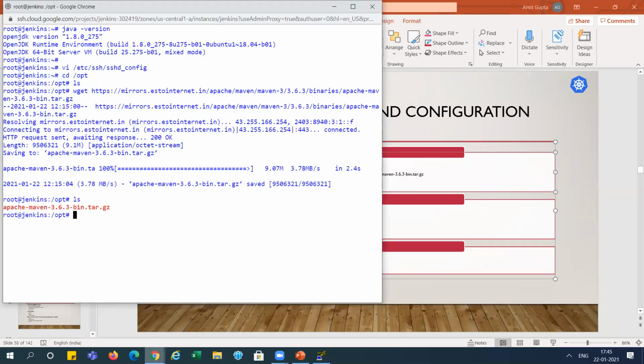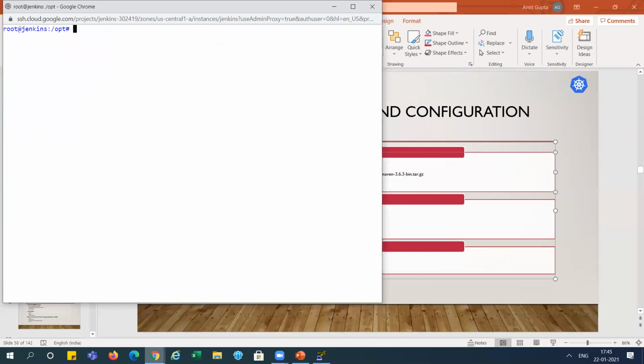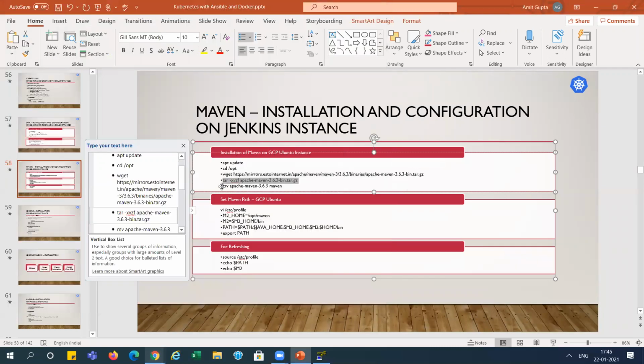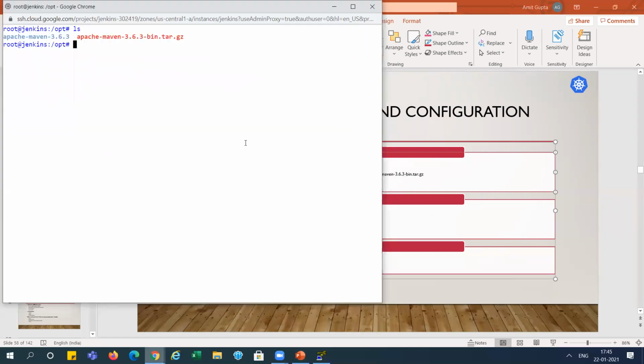You can see we got that tar file, extracting the tar file. You can see we got this folder. Now I'm renaming this folder to simply Maven. You can see here, Maven, right? We got it.